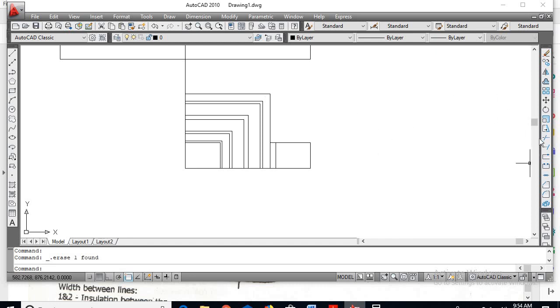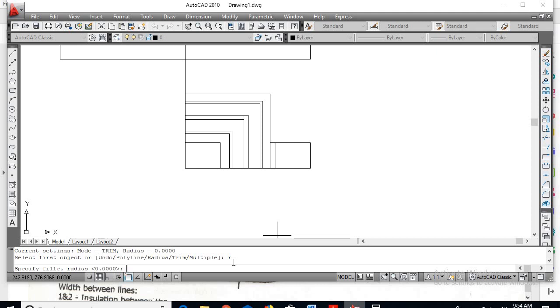So I'll go for fillet. Here in the fillet it is asking select first object. Instead of selecting first object, there is a radius option. I'll type R, enter. Now it is asking fillet radius. You can give approximate values so that there will be a curve.